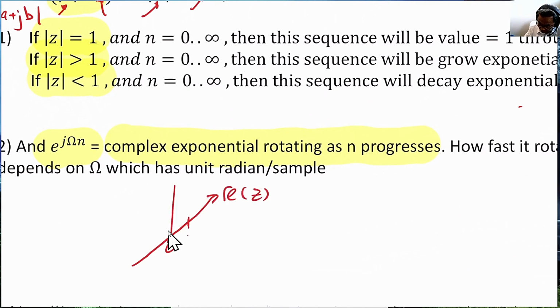This is 0, this is 1, this is 2, this is minus 1, this is minus 2. Now this is minus j, minus 2j. This is the imaginary line. This is j, this is 2j. So where is